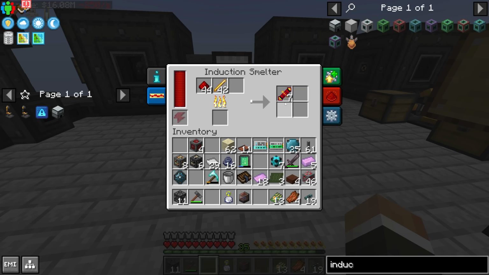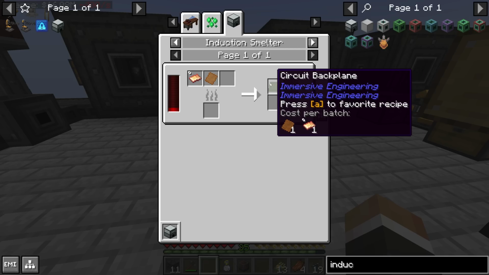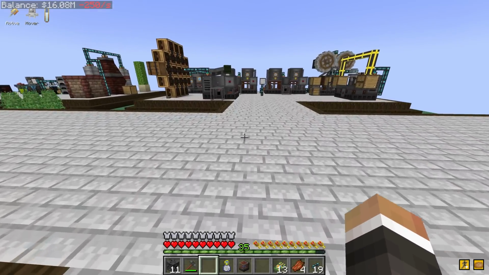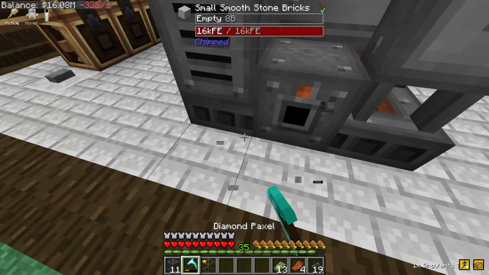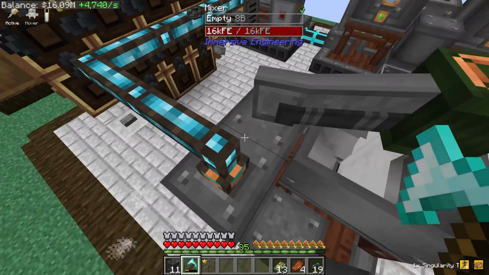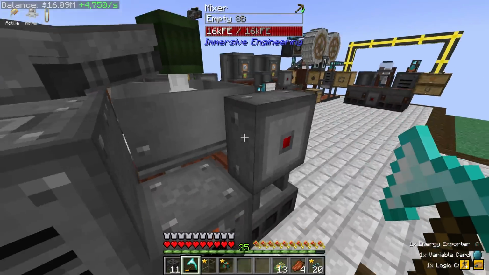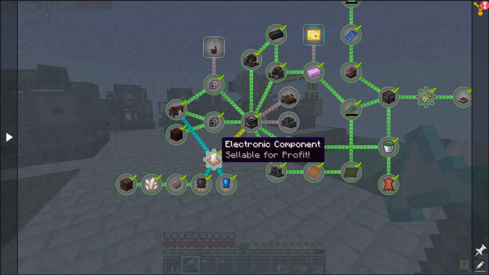But now going forward, we can use the induction smelter here for the making of the circuit backplane, which I think is going to be easier than having the multi-block engineer's workbench. Speaking of multi-blocks, let me quickly go ahead and tear down this mixer here, because again, this is really no longer needed. And in its place, and by in its place, I mean not here, but elsewhere, we're going to go ahead and build our first auto engineer's workbench so that we can begin to automate the production of these